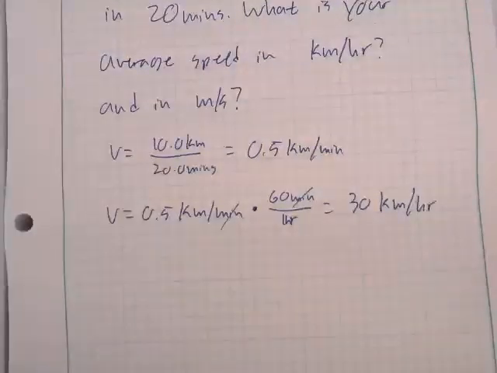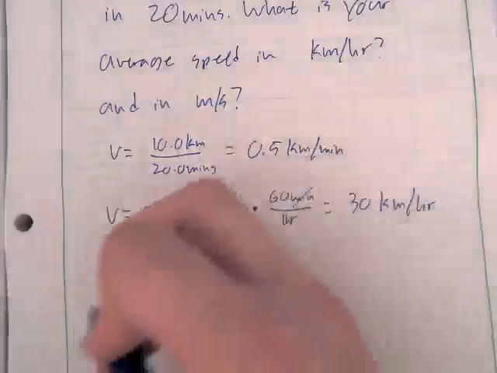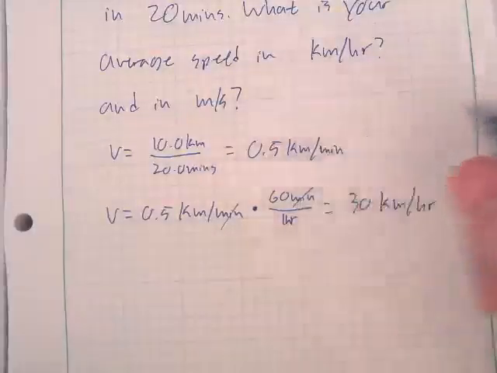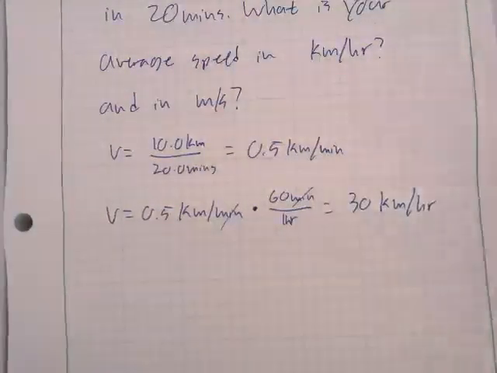Now if I want this same speed, but I want it in meters per second, how am I going to go about doing that? So I have it in kilometers per hour. Now I need to convert both the kilometers to meters, and I need to convert the hours to seconds. Again, just make sure to keep track of all of your units. If you write them out every time and you actually do the math where you're multiplying, dividing,